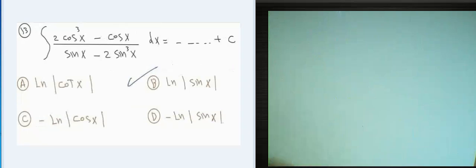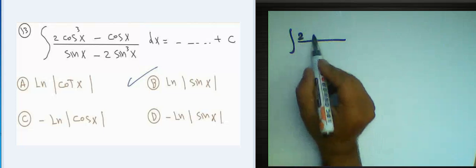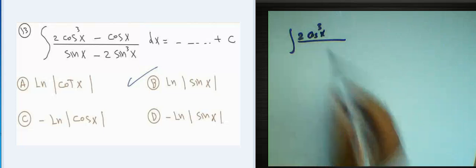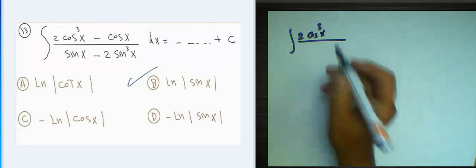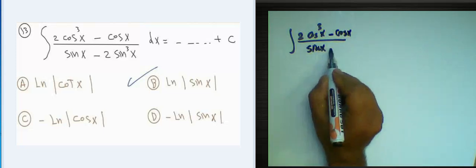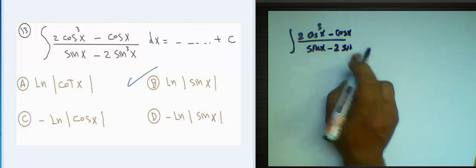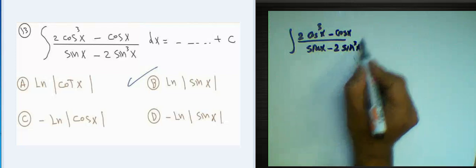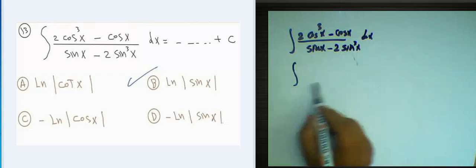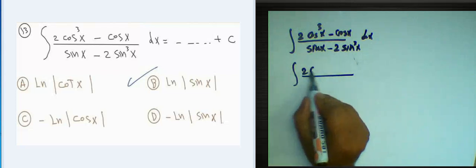Question 13. The integral of (2 cosine power 3x minus cosine x) over (sine x subtract 2 sine power 3x) dx. We can write cosine x as a common factor in the numerator, it will be 2 cosine